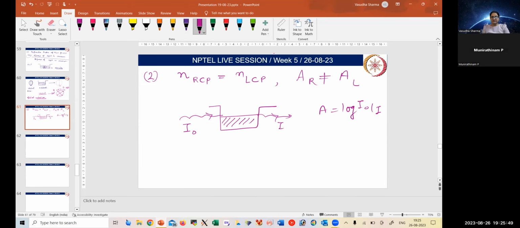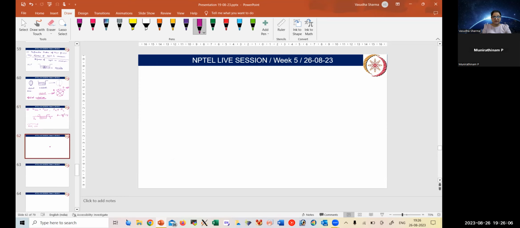In a similar way, if I am giving a plane polarized light and it has both the components RCP and LCP, what if the absorbance of RCP and LCP is not the same? One of the two would be absorbed more by the molecule and the other remains as such. And this could be more clarified. So if this is my right side, and it is moving this way,